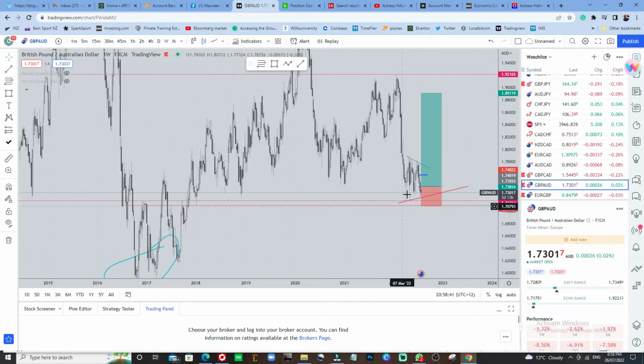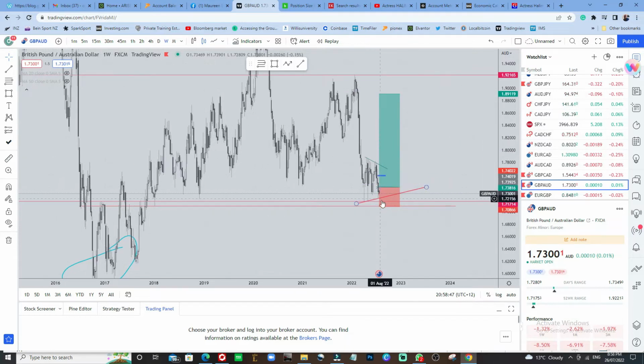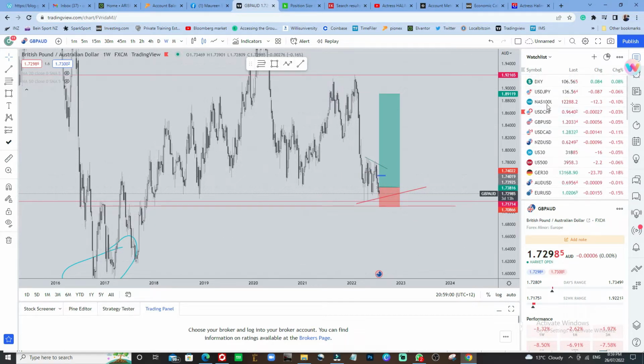came down again. You can see this weak rejection here, went up again, came down again. Once it comes down, it's expected to push to the upside. It's going to take some days or maybe a week to push into profit, and the distance between here is a significant amount of profit. So GBP AUD is still holding, and I'm looking out for other ones like NAS 100.